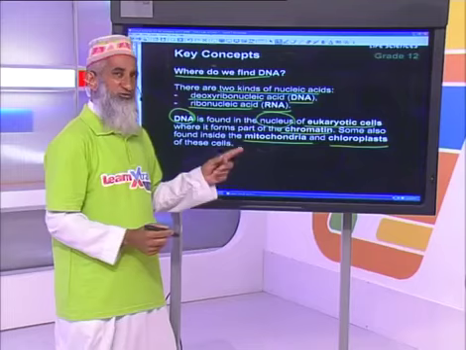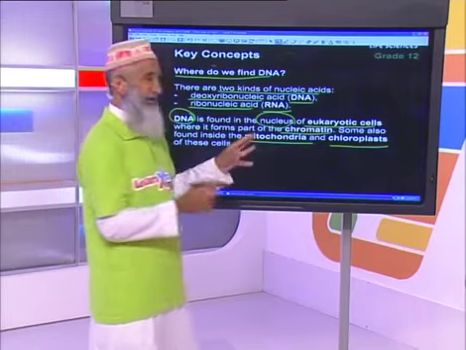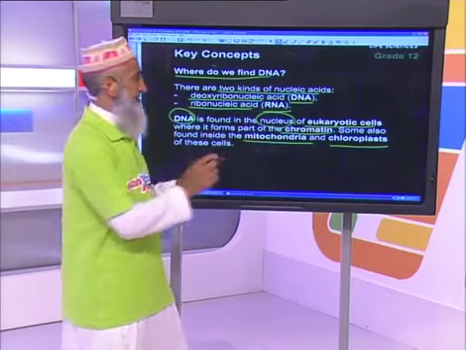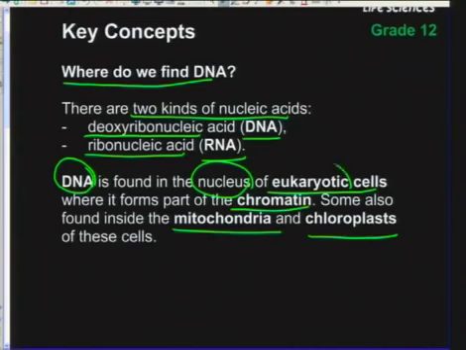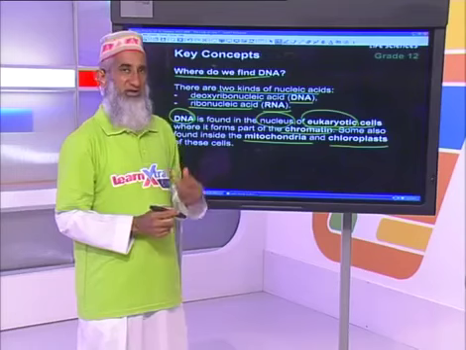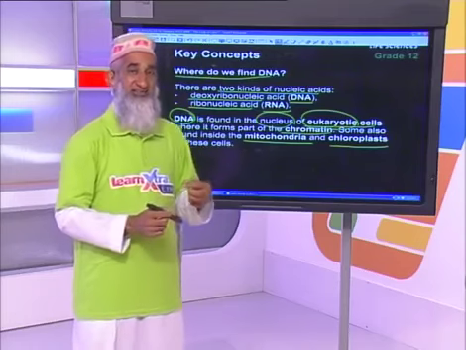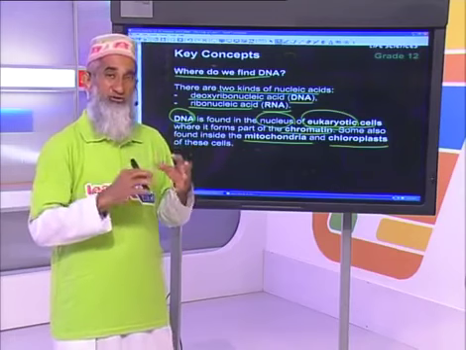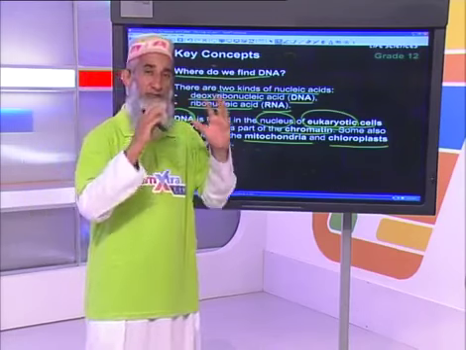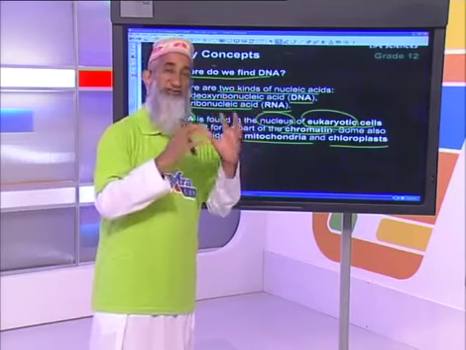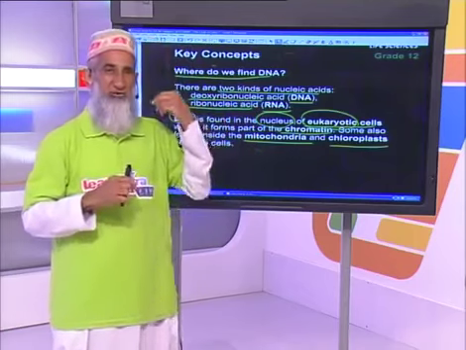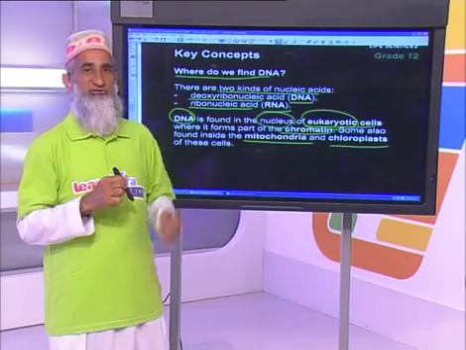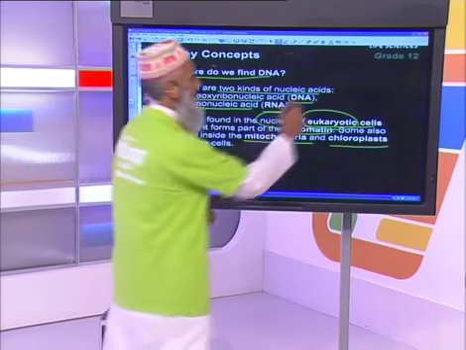Now, notice the other words are more or less simple, but we're talking about eukaryotic cells. What is a eukaryotic cell? A eukaryotic cell is a cell that has what we call a true nucleus. In other words, a nucleus that is surrounded by a nuclear membrane, and inside we find the nuclear material. That means chromatin network, the nucleolus, etc. Whereas a